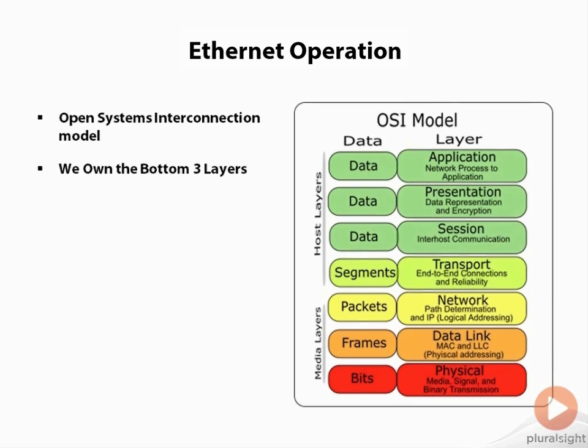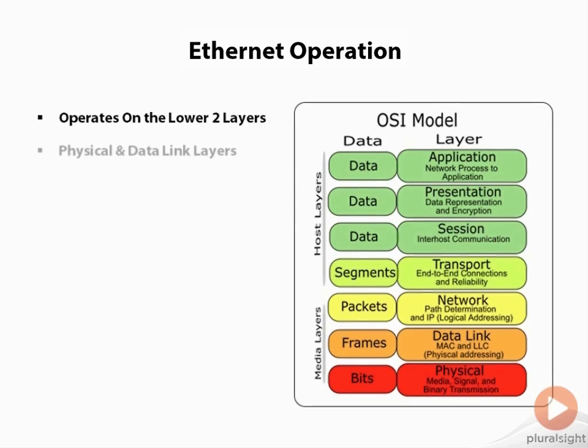Other than these bottom 3 layers, we do not really concern ourselves with the OSI model because it mostly has to do with how applications communicate with each other. We deal with the physical and logical transportation of data across the network, so we let the programmers and server admins handle the rest. So Ethernet technology works in the lower 2 layers of the OSI model, the physical and